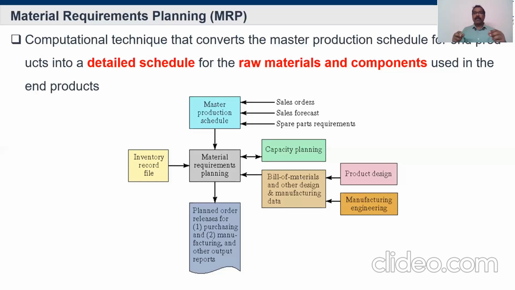For example, if a 10 millimeter diameter bolt is needed, it means 10 millimeter bolts in how many numbers? Like 10 numbers. Then 15 millimeter diameter bolts are needed in 10 numbers. Like that, it will be there in the bill of material. So material requirement planning will refer to the bill of material and place the purchase orders which are needed for the particular company. Okay, this is what material requirement planning is all about.